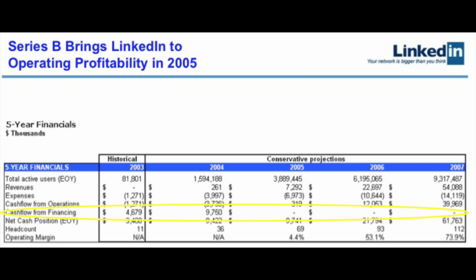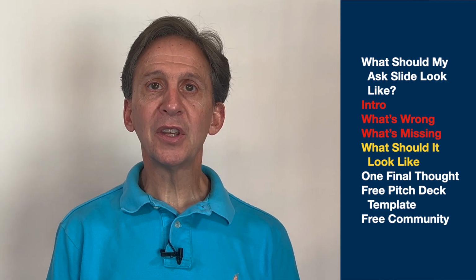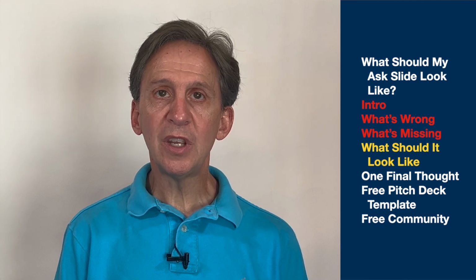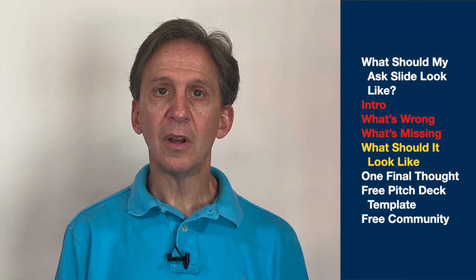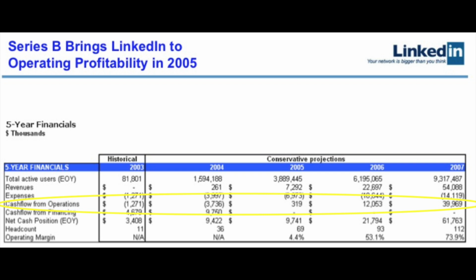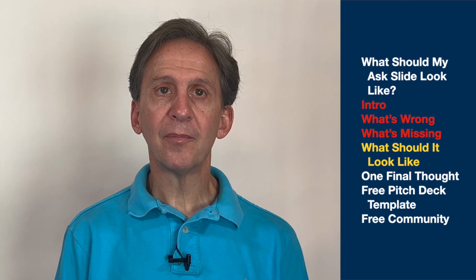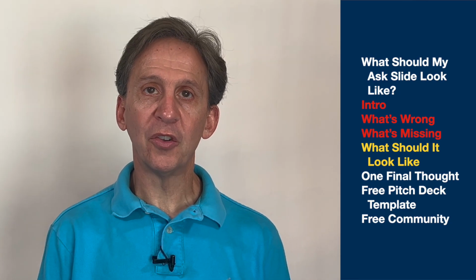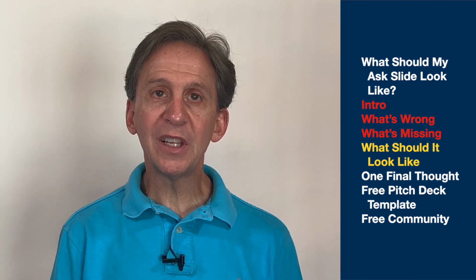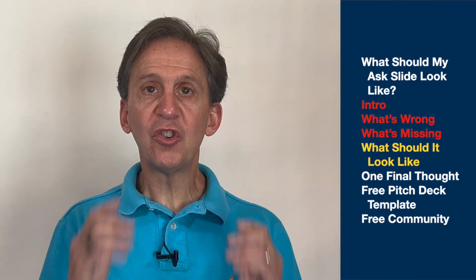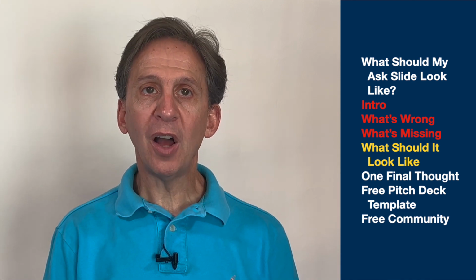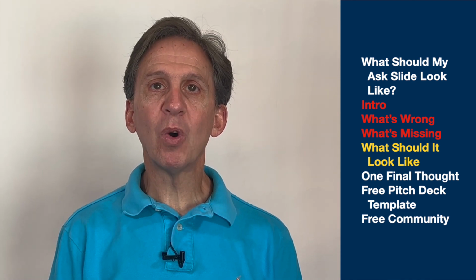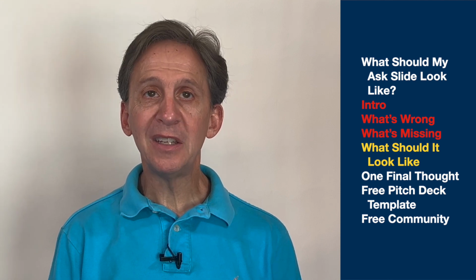Then it's clear how much money your company will need after this round of funding. In LinkedIn's case, they expect not to need another round of funding. The cash flow from operations line shows exactly when they will get cash flow positive, and the revenue row shows what the revenue will be. This is great for an investor because they have the complete picture of how you see your company evolving. Plus, they can see what you believe your financing needs are.